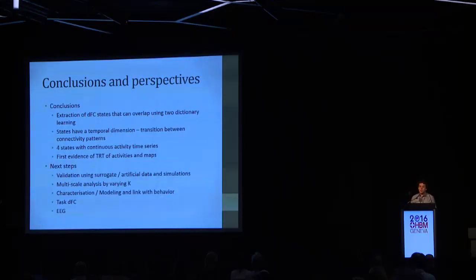In the next step, we're going to validate this using artificial data and also try varying the size of the sliding window, so the temporal dimension. And we have also the same data. We're looking also at EEG and task data to try to make this work, to identify transitions between states